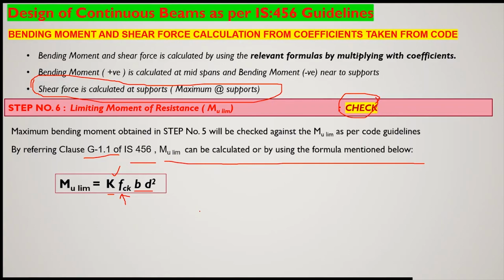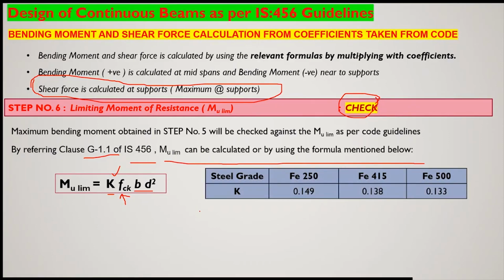If you have fixed these, then we can calculate how much maximum bending moment the code is allowing. For Fe250, the K value is 0.149, and similarly for other grades of